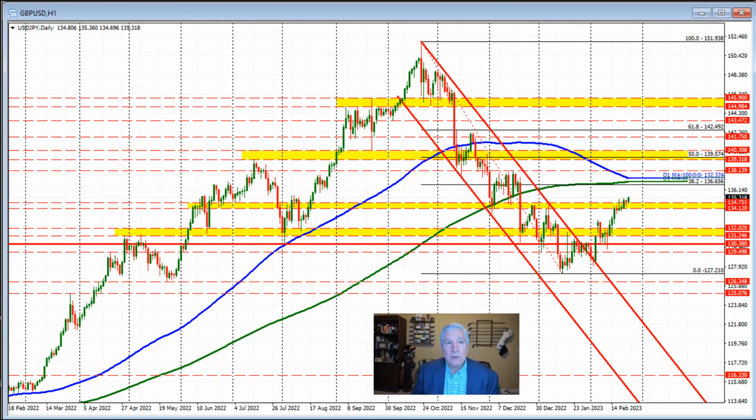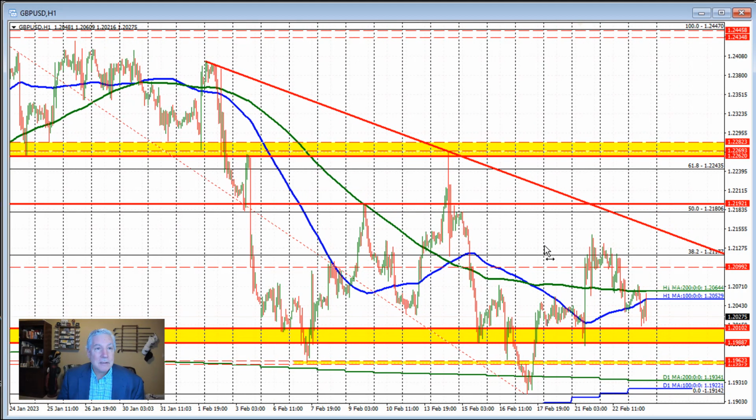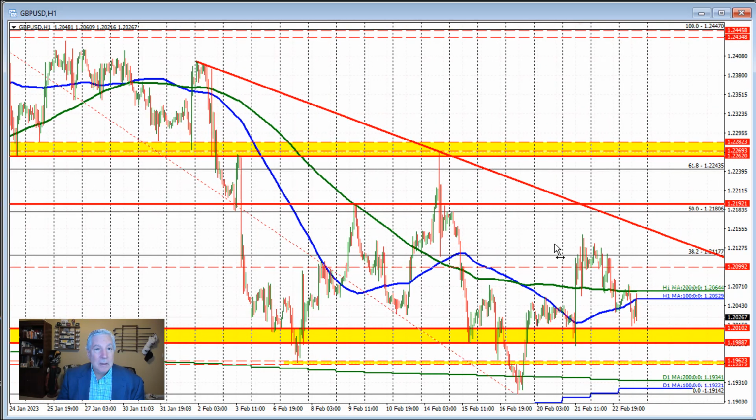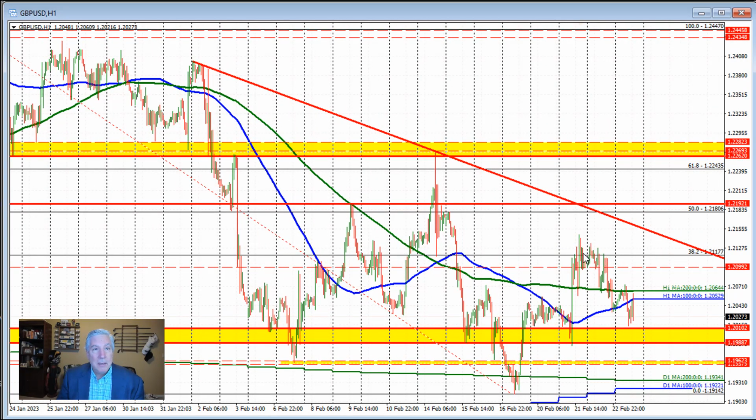Let's take a look at the sterling versus US dollar next. And this currency pair, put the Fibonacci from this high to this low. The 38.2% retracement was broken earlier this week on a number of different occasions, but we had lower highs through here, and the market started to rotate back to the downside. We did fall below the 100-hour moving average after finding support near it yesterday, and the price moved down to this swing area down through here, where again, we can outline a number of different levels.